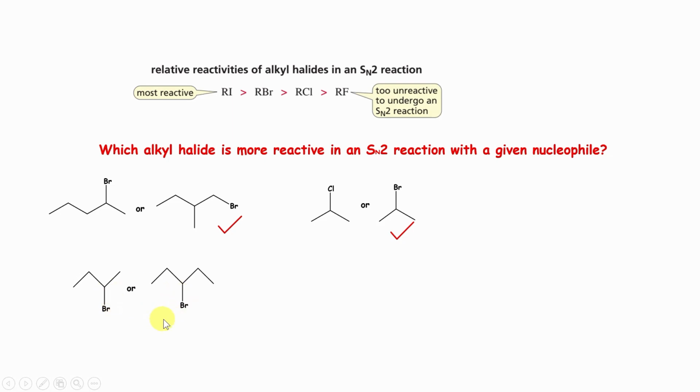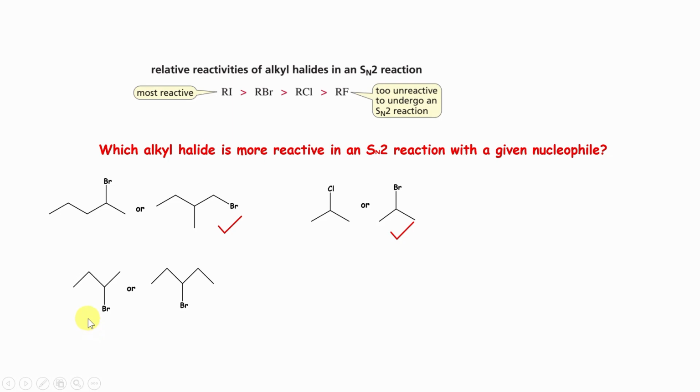Secondary alkyl bromide. But the difference is in steric influence. It is the methyl group here, but here it is an ethyl group. But in this case, both are ethyl groups on either side of the bromide, and so it is more strained. This molecule is more strained and crowded than this molecule. And hence, for SN2 reaction,